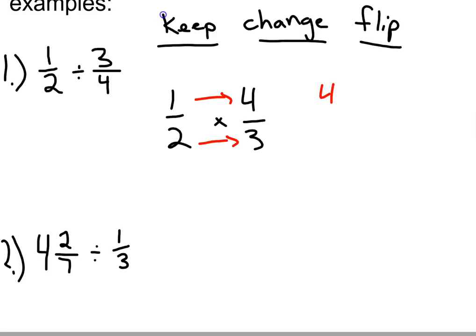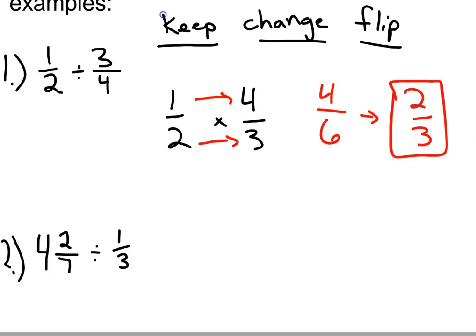1 times 4 is 4. 2 times 3 is 6. This can be reduced, since they are both even, to 2/3. So the answer of 1/2 divided by 3/4 is 2/3. In example 2 here,